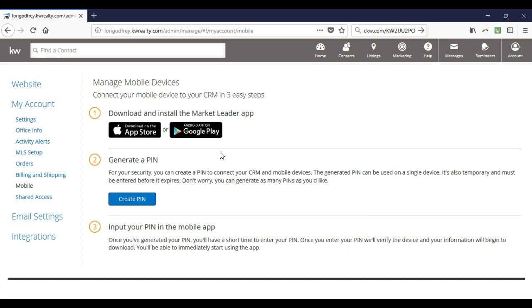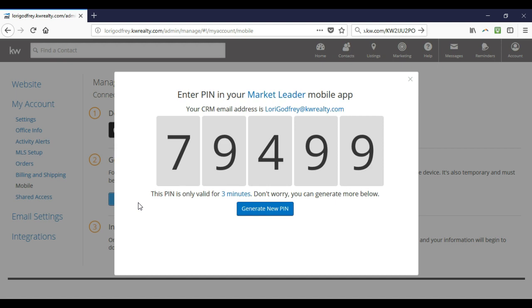Once you download the app, for security, you can create a PIN to connect your CRM and mobile devices. The generated PIN can be used on a single device, and it's temporary and must be entered before it expires, usually 3 minutes later. So whenever you download the app, you can say you're an existing customer. You'll click Create PIN on here, and it'll allow you to actually download the app and link it